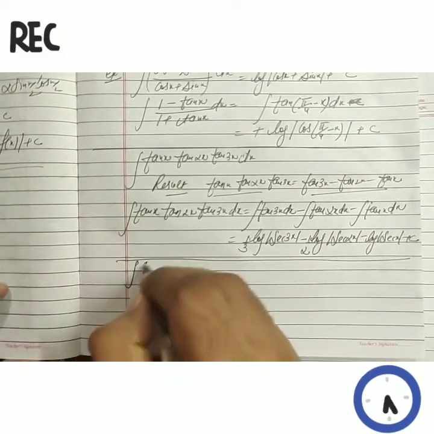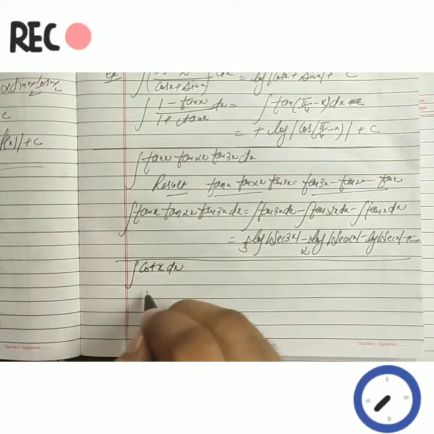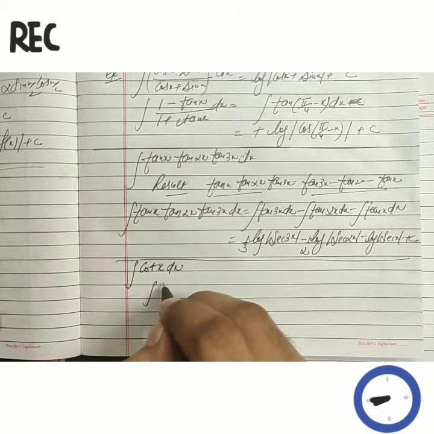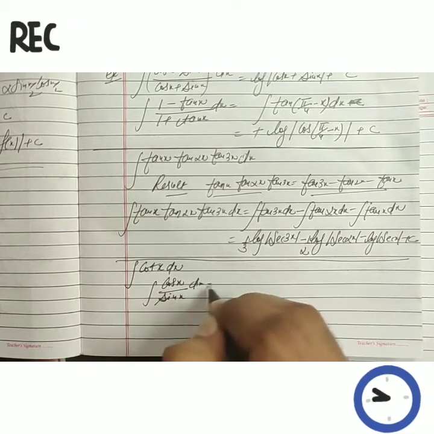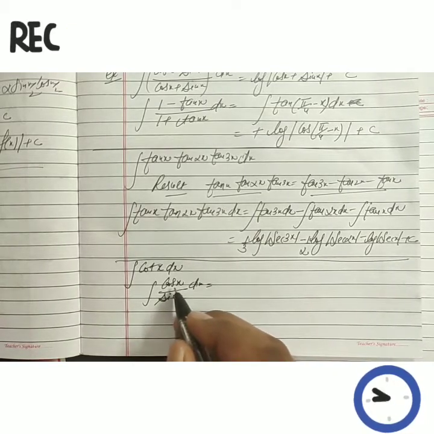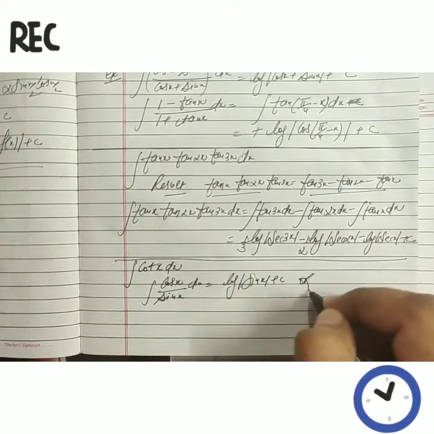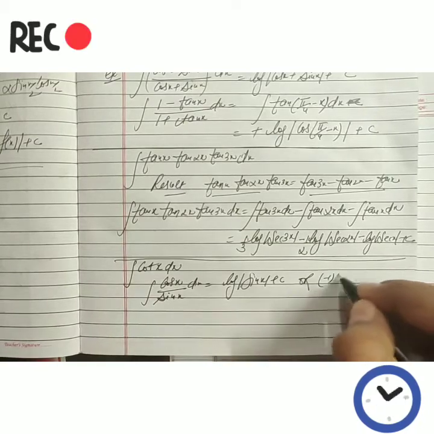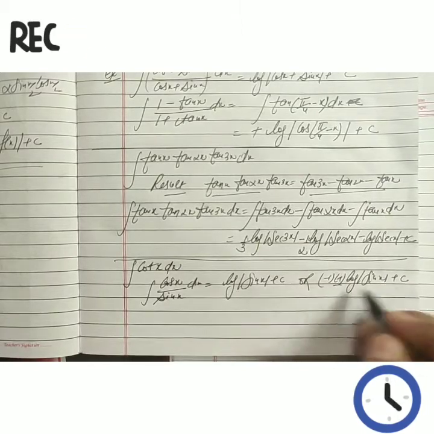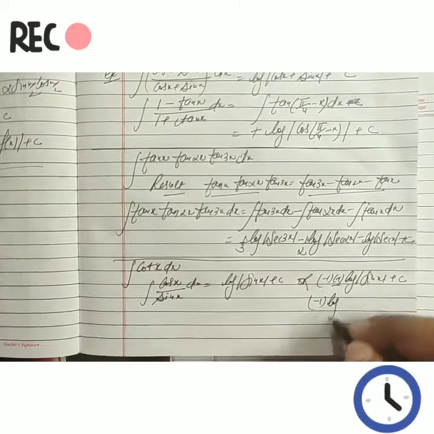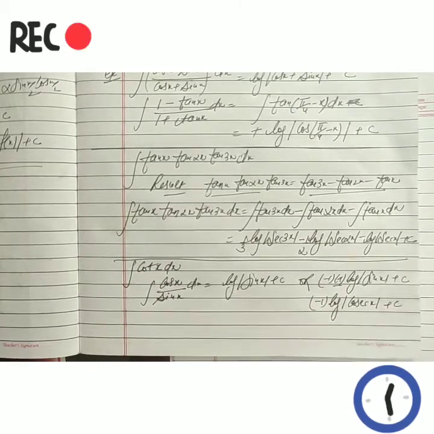Now we have the integration of cotangent of theta. Same method: cotangent can be converted into cos of the angle divided by sine of the angle. Here the denominator is sin x, and its derivative comes upside, so according to the rule it can be written as log of sin x plus c. Otherwise we can use it like this, minus 1 with minus 1 log of sin x. Same as previous methods, shifting minus 1 into the power, log of sin x raised to power minus 1 can be written as cosecant x plus c.